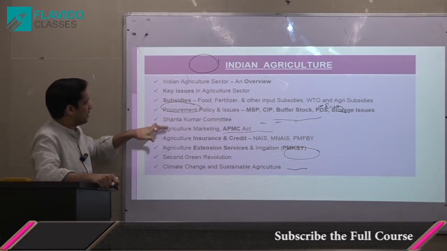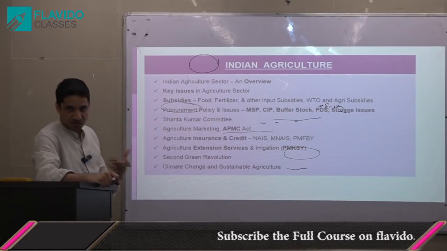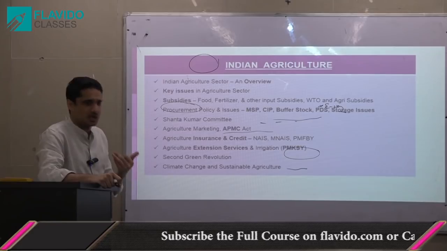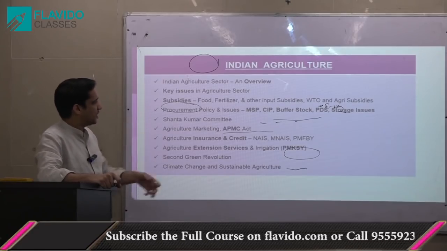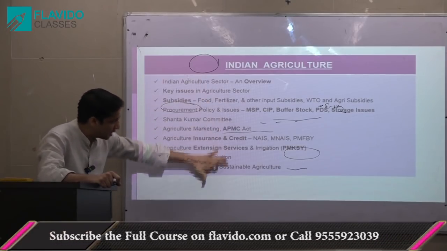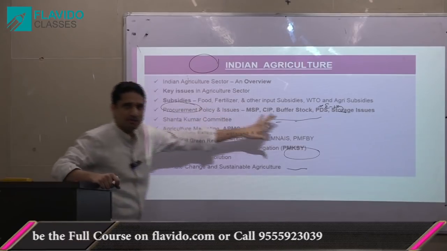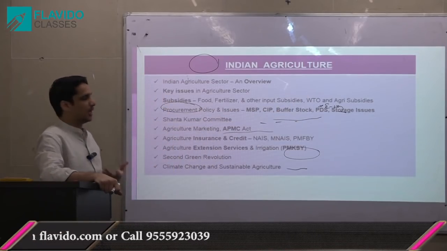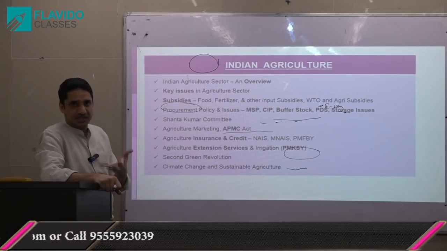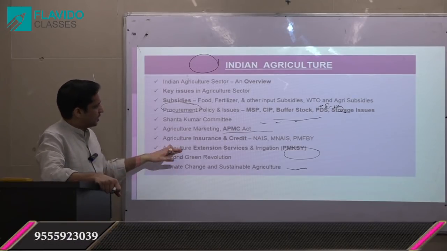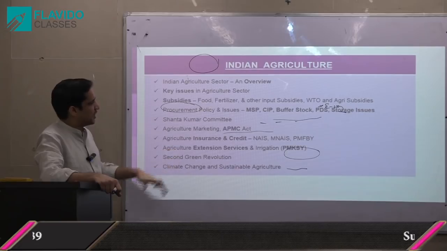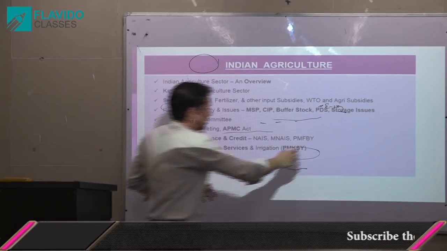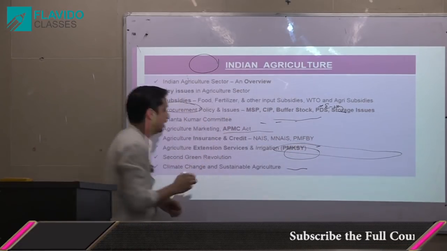Then the Shanta Kumar committee, which was set up in 2013-14. So the recommendations of the Shanta Kumar panel we are going to discuss. Then we are going to discuss the APMC. All these things again will be dovetailed with the budget component. For example, in the budget we have the grams actually they have recommended. Then we have Operation Green. Then we have the agriculture extension services. We are going to cover these schemes. All the agriculture related schemes we are going to cover here.